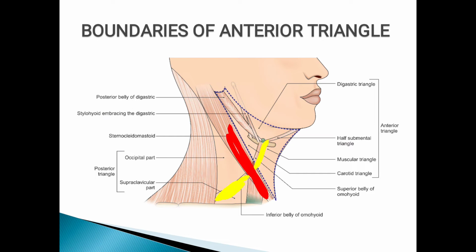Sternocleidomastoid muscle, which I have marked here with red color. So the intermediate tendon of the superior belly and the inferior belly of omohyoid will be present deep to this sternocleidomastoid muscle. Now, the anterior triangle is divided into further smaller triangles by two muscles, the superior belly of omohyoid